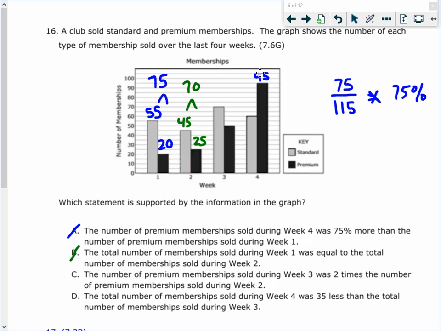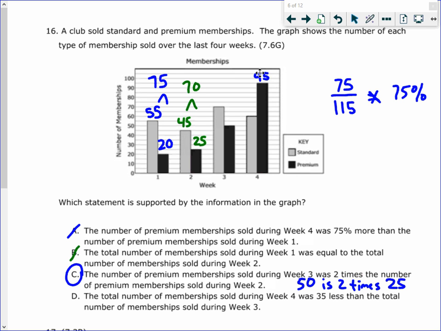All right, let's look at C. The number of premium memberships sold during week 3 was 2 times the number of premium memberships sold during week 2. So premium memberships during week 3 is 50. So if it's 2 times, week 2 would need to be 25. And it looks like it is. Week 3 was 50, and 50 is 2 times 25. So it looks like our answer is going to be C, but let's double check,